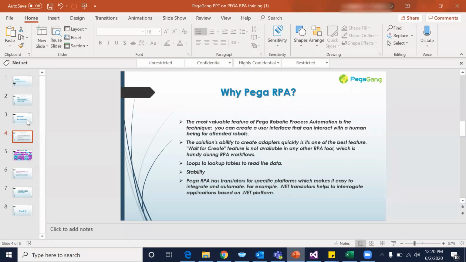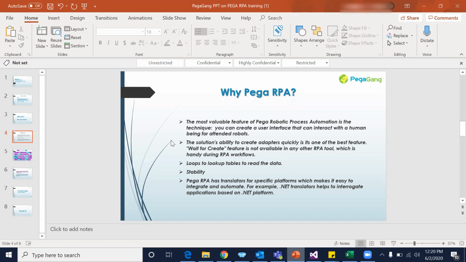So as Pega works on the object level, Pega has the advantage of waiting for a particular web page or Windows page to be created. So that is the wait for create feature. This is the biggest advantage of Pega, that Pega can dynamically wait for a page to be created or wait for an object or control to be created inside the page, and then it will carry on. So that means we don't have to use a hard-coded pause block or sleep block, whatever, 5 seconds or 10 seconds, because we don't even know whether inside the 10 seconds or 15 seconds the page will be loaded or not, right? But Pega can dynamically handle that.